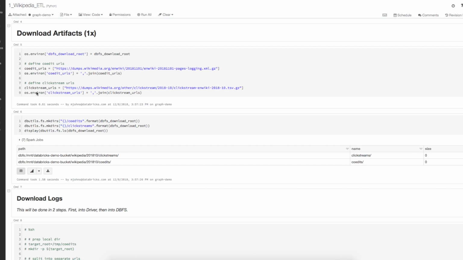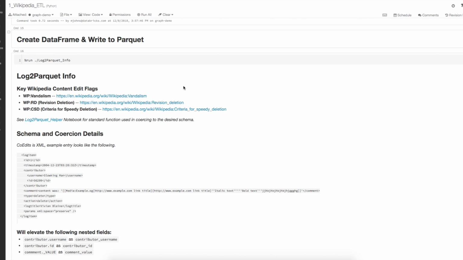The clickstream was data that I did identify and download as potentially interesting, but it became too much to try to incorporate, so I have not included that ultimately in this demonstration. We want to look at the process we go through to get the log information as it comes to us into a format that is a baseline of Parquet, on which we will then remodel that further into graph-based analytics